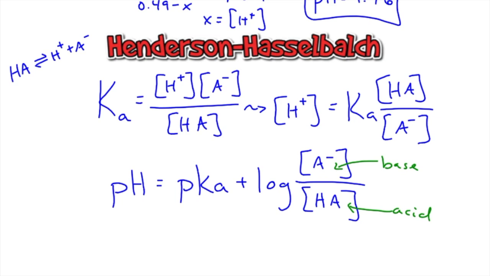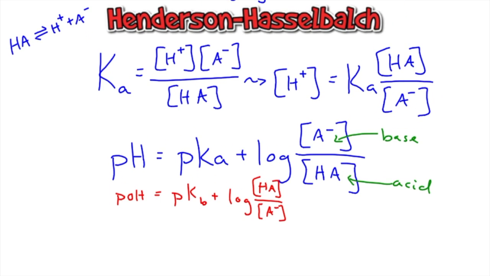There is another one that you could do. If it's pOH, it would be pKb plus log of, and then I have my acid on the top, and I'd have my base on the bottom. And the whole point of what I always like to think of, whatever's on the bottom, it's like the foundation of that problem relates to what you're solving. So pH deals with acid, and pOH deals with base. So now, if I plug that in to that equation,